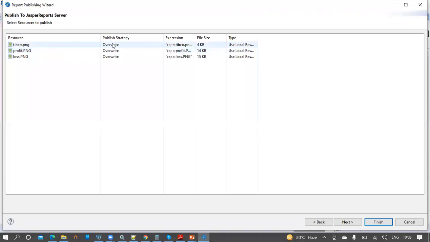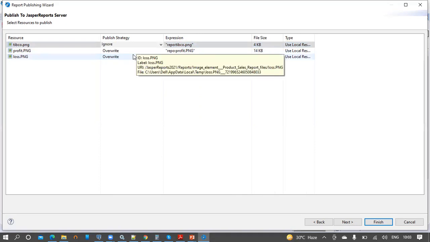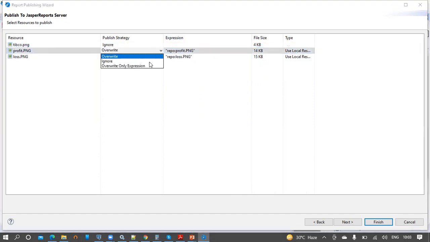So the publishing strategy for this one should be ignored because we are referring to the image from the server. So we do not want to override the expression of the image. If we do that, we end up with error messages on the server. So let us take this one, ignore.